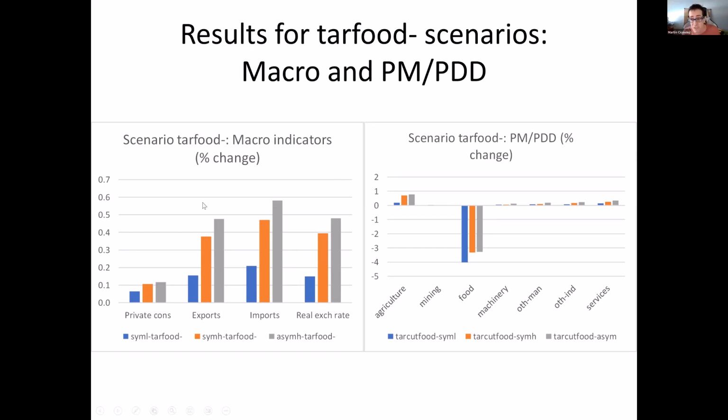And again, it's also interesting to see here that the difference is 10 percentage points in the change. And in terms of private consumption, or if you want welfare, we have similar results if we look at the equivalent variation. The difference in welfare is, again, around 10%. Okay, so the results are different between the asymmetric treatment and the symmetric treatment. And that's because when we look at the Armington elasticities that are related to what we see here on the right,